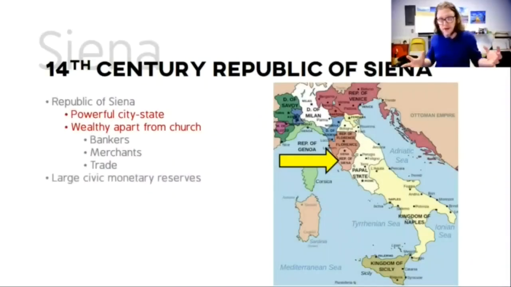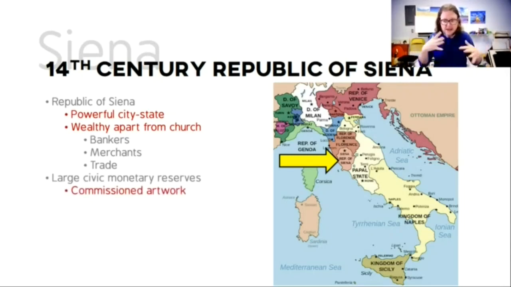And so in the midst of all of this, there start to be suddenly these large civic monetary reserves, meaning that the city had a lot of money that it was sort of hanging on to. And with that, they decide, again, civic pride. Siena is the greatest city, so we need to get the greatest of the great in here. So they start commissioning artwork. Amongst the artists who come out, what's going to become the Siena tradition, are Duccio,